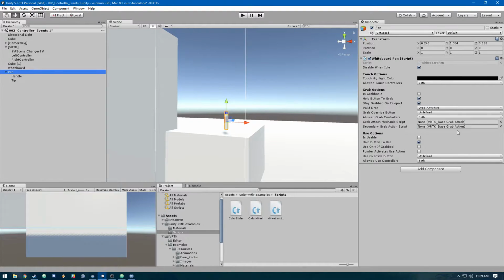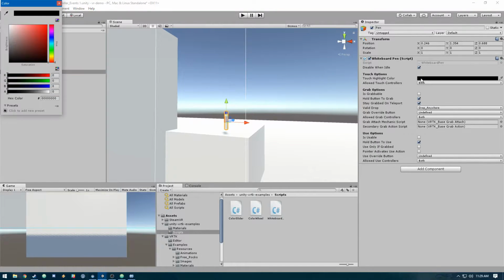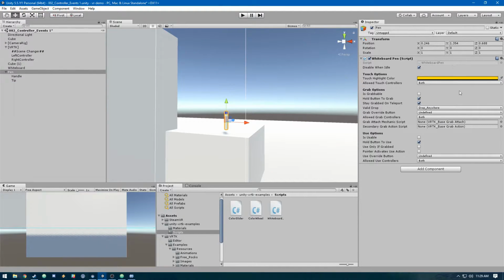Okay, you'll see it's going to add in all these parameters that we can change that belong to the interactable object class. First thing, let's change the highlight color to something that's not black. Let's go yellow. And the highlight color is basically when you touch it with the controller, it'll highlight to indicate that you can pick the object up or interact with it. So then we need to turn on is grabbable, and then for grab attach mechanic script,